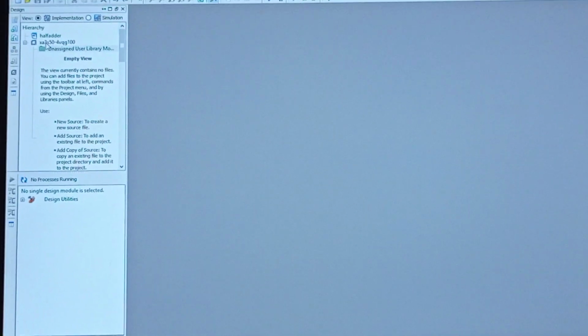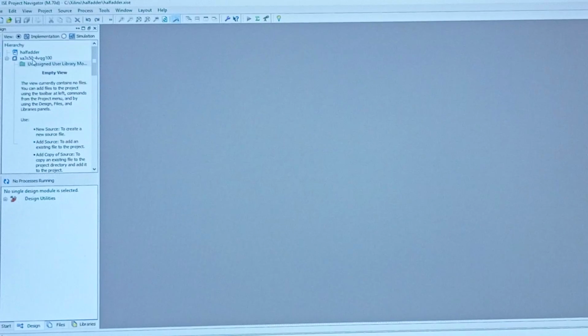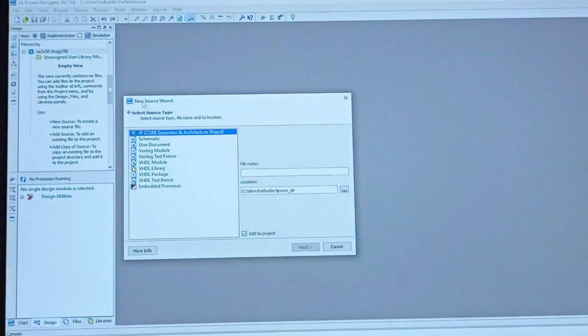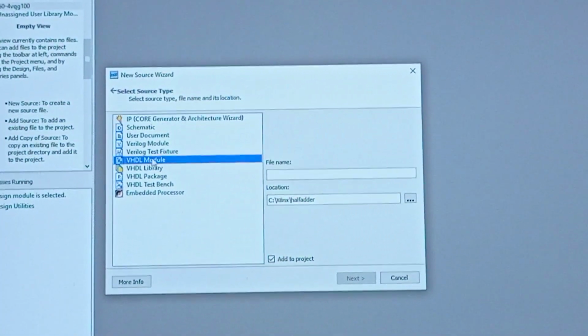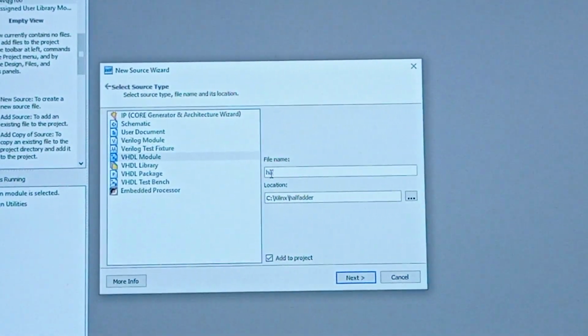Here right click on XA3 C50 and create a new source. In this we are doing a VHDL module, so select VHDL module and give the file name half adder.